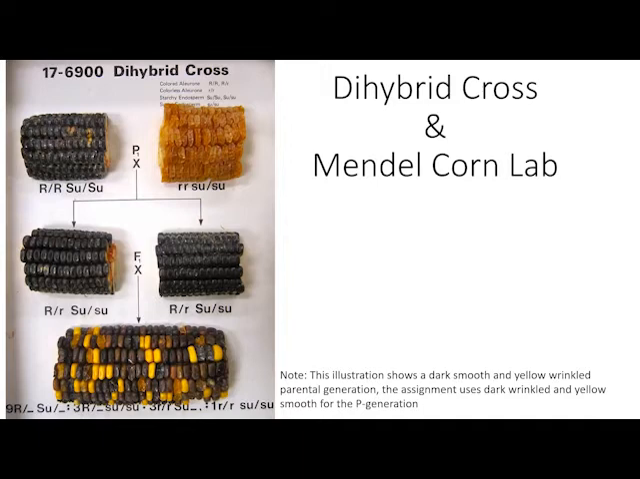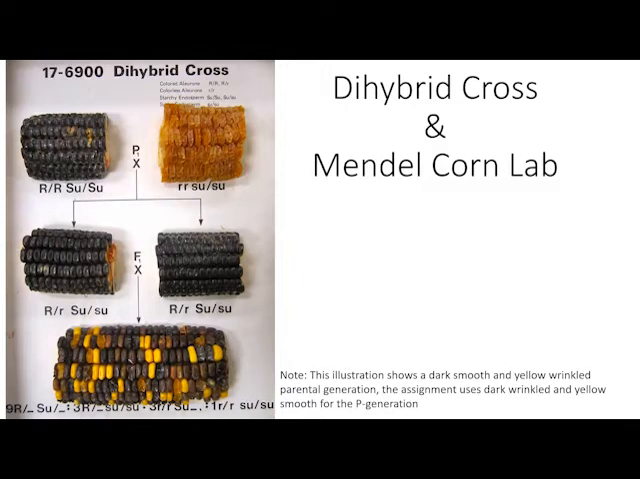In this case they are crossing one parent who has dark seeds that are also smooth. And on the other side, we can see this yellow corn that's wrinkled. This is going to be slightly different from the parental generation we'll use in our lab today. If you look down here at the note, you'll see that we use dark wrinkled seeds and yellow smooth seeds